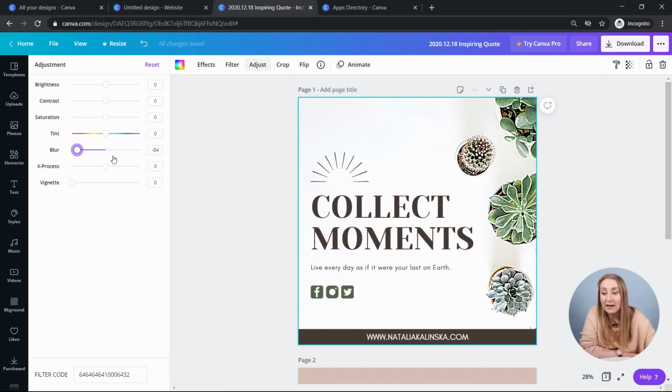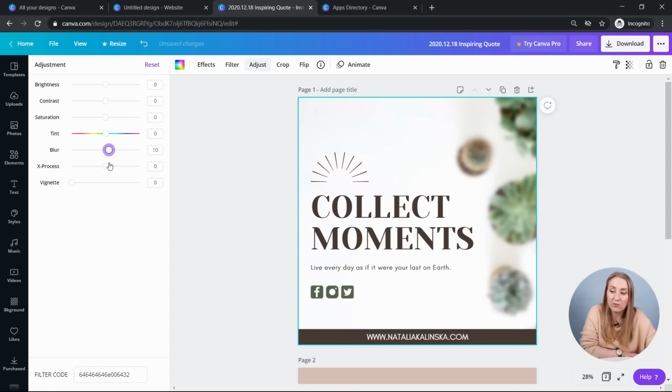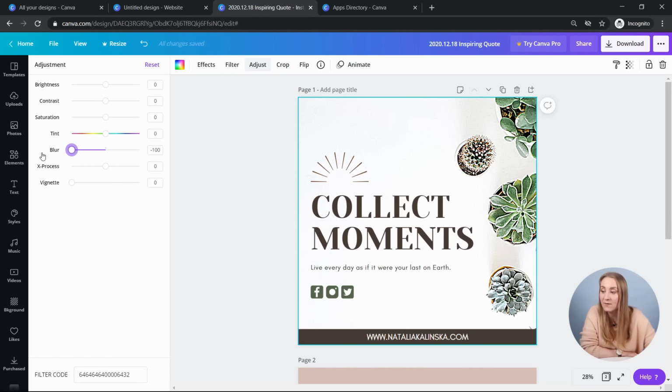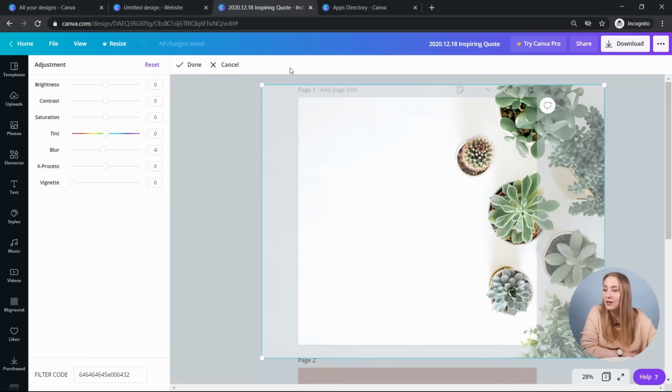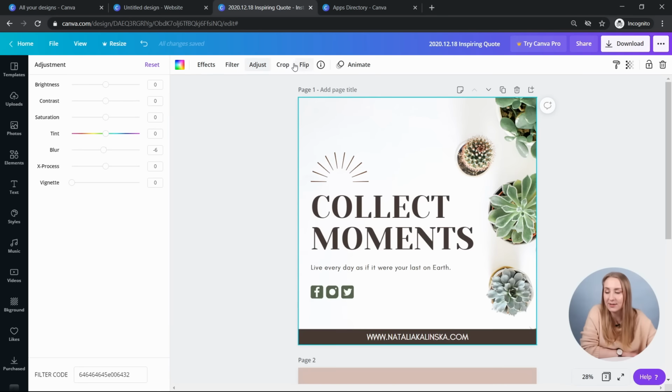You can blur it or make it a bit sharper, because if you drag blur to the right, it blurs it obviously, but if you drag it to the left, it actually makes it sharper. So if your images are not as sharp as you want, you can just slightly, ever so slightly, drag it to the left and it will make them a bit more sharp. Cross process as well manipulates different channels of the colors of the photo, and you can play around. Maybe it will work well with the style of your photo, and you can add a vignette as well to your photos. Crop, you can also crop it. I won't crop it in here because it's still kind of cropped to that particular photo.